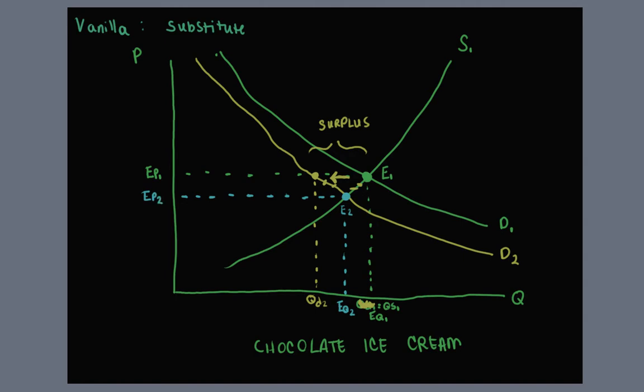So in order to get rid of that amount that is in surplus, suppliers are going to start lowering the price of that ice cream up until a point where consumers are again willing to purchase the amount the suppliers want to sell at a certain price, and that would be our new equilibrium quantity. This also corresponds to